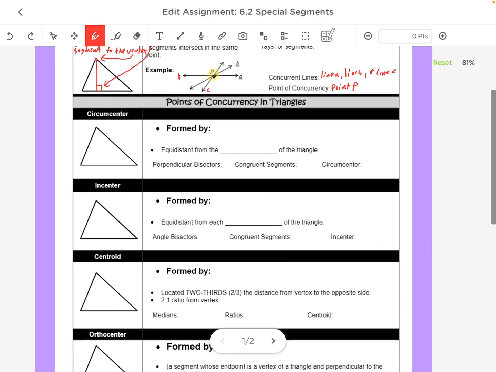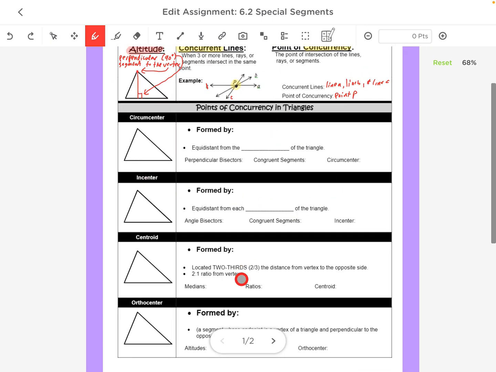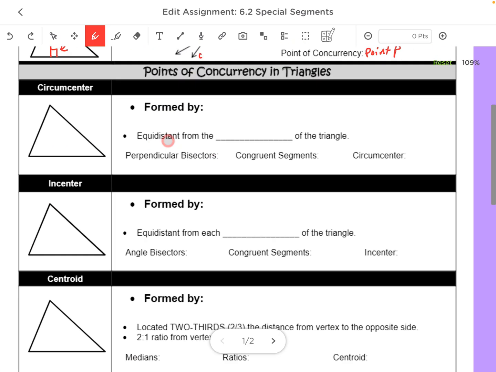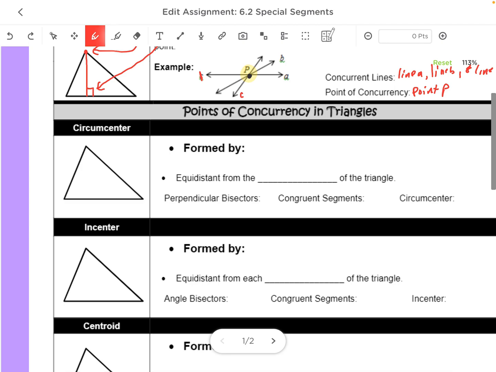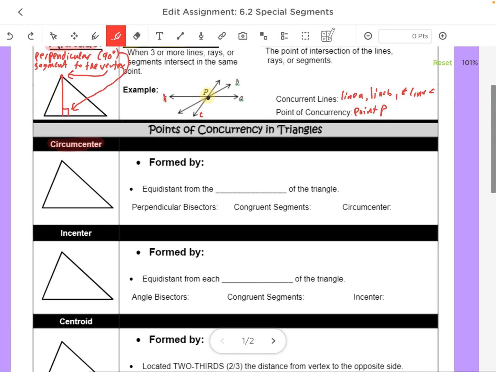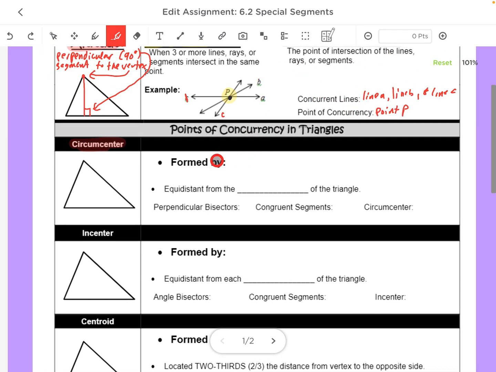All right, so we're going to talk about points of concurrency in triangles. It depends on how you draw it. Depending on how you draw it, they're going to cross at different points. So let's start with the first one. This first word is called circumcenter. Circumcenter is a point of concurrency, and it's formed by three perpendicular